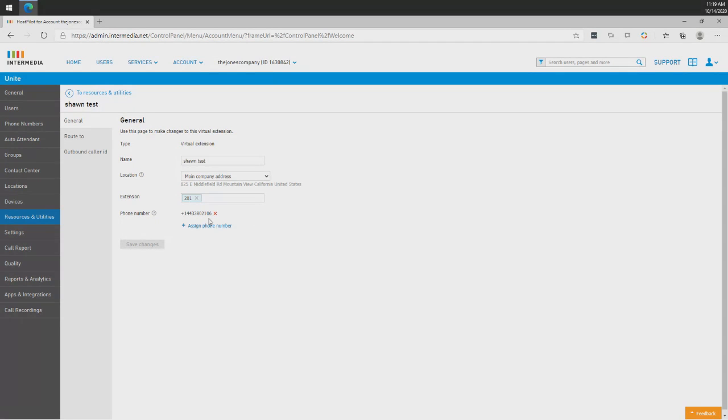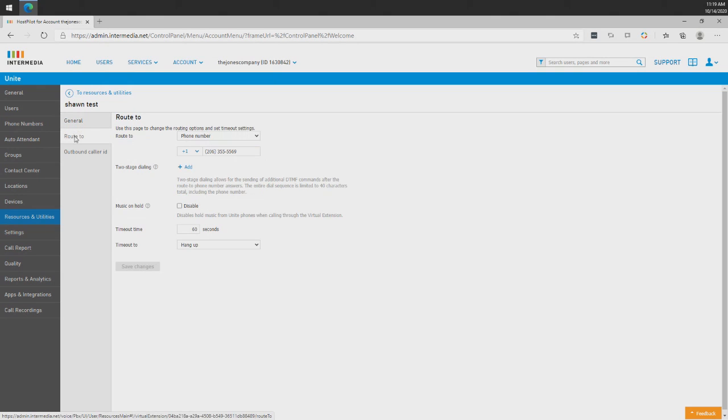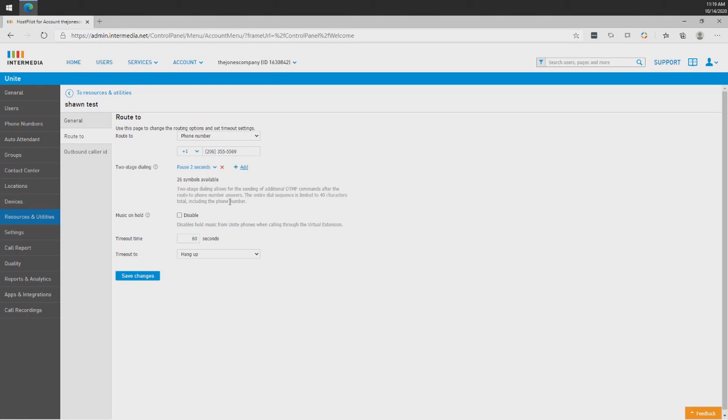In any case, when this extension, or in fact this phone number that's assigned to this virtual extension, is dialed or transferred to, we're going to tell it in this virtual extension to go to some number. In this case, we're having it go to a phone number, but it could be an extension. And that phone number can be any phone number. And we have a 2-stage dialing option that I sort of mentioned earlier about putting in the PIN code for your conference bridge maybe, and then pound after that. And that gives you an option to easily